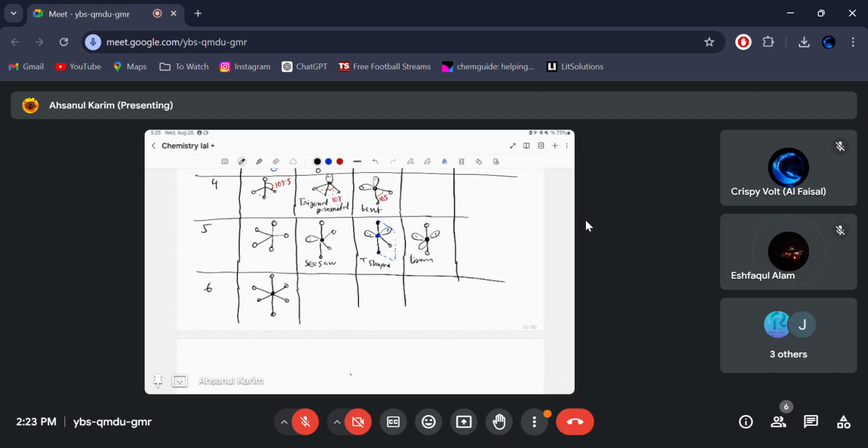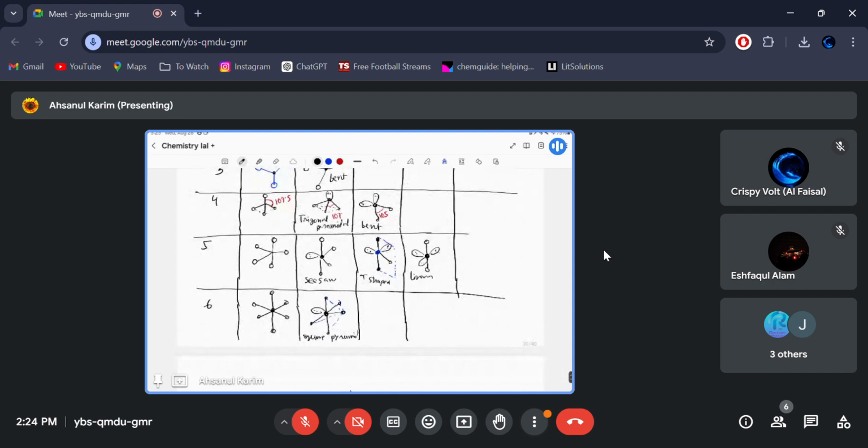Okay. Now with one lone pair, the shape is very interesting. With one lone pair, the shape looks like square pyramid. Can you see it? The square pyramid shape. This is the square pyramid shape. Understandable? And this is the lone pair. So the name is square pyramid. Correct? Now with two lone pairs, it looks like square planar,